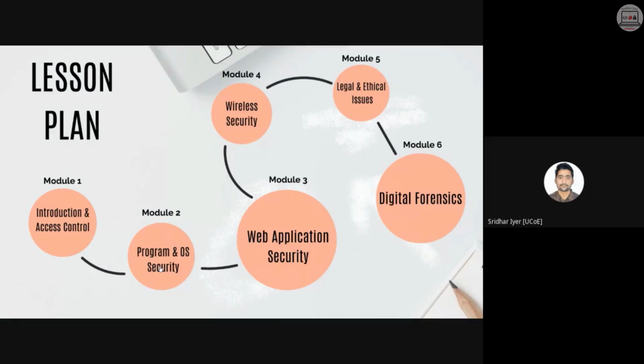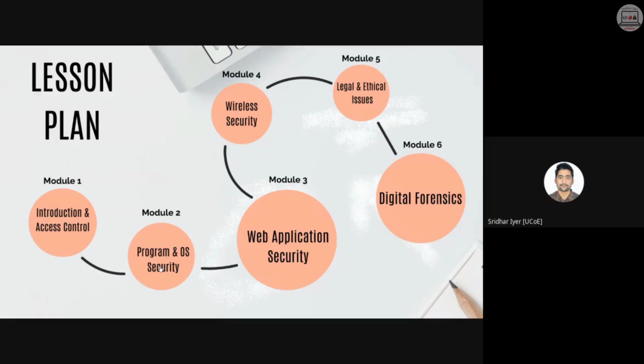The last module is all about digital forensics. In your older syllabus, there was a complete subject on digital forensics, but this time they have clubbed it into a single chapter. So obviously, the contents of this chapter are huge, but they have summarized it into a single chapter. So it's going to be a lengthy subject. If you go through the syllabus, I will just run through it once. You will see that it's a very lengthy subject.